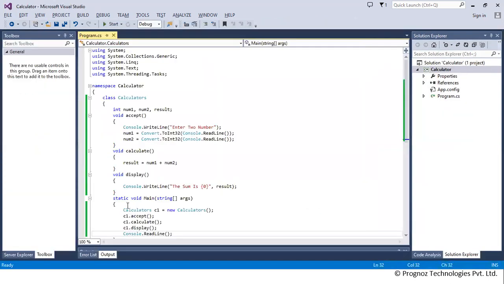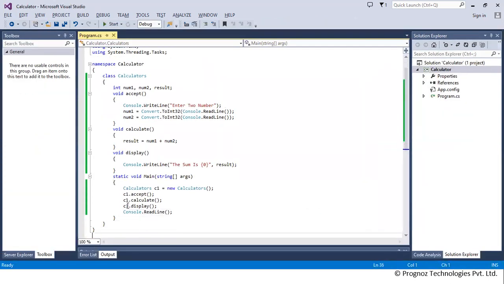Any doubt, anyone in this example? So what is the name of the object here, Akshay? What is the name of the object of this class? Akshay, are you listening?